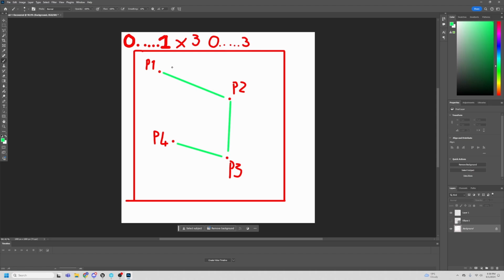So now imagine our particles sort of count along that line. From here to here would be 0 to 1, and then again 1 to 2, and 2 to 3. So our particles count up. So we know if a particle is on this line, if it's between 0 to 3, let's say